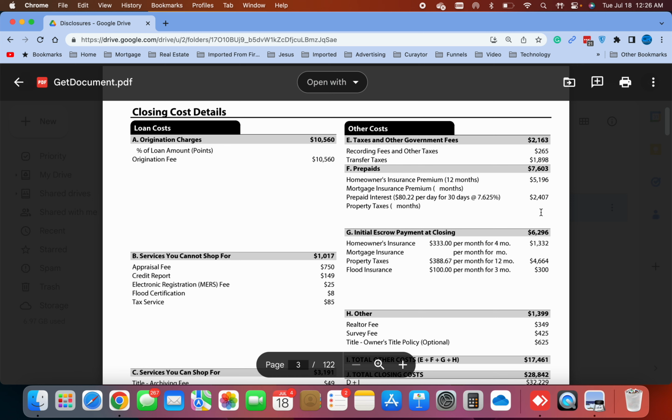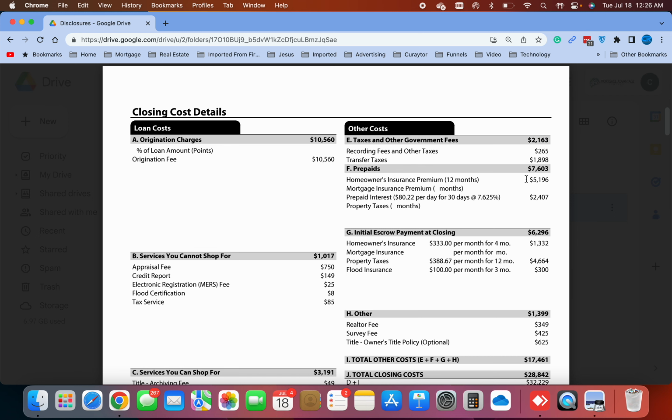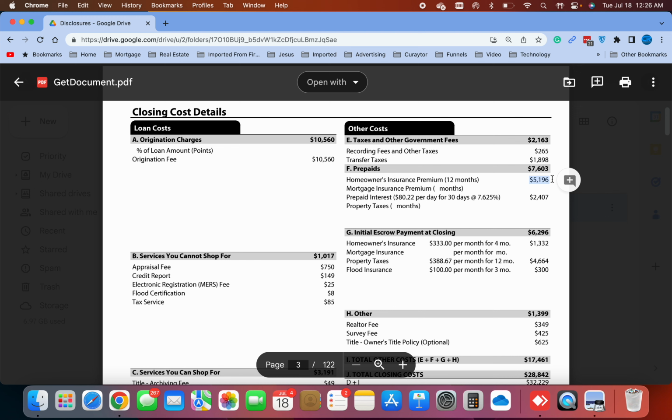Then you have to pay for an insurance policy. I don't know what the insurance policy is yet. I submitted that today or yesterday, I think, for the insurance company to provide us with a quote. I'm going to get a couple of quotes and find out which one is the best one and give that to you. But I estimate that might be around